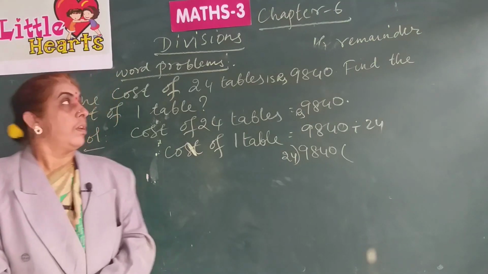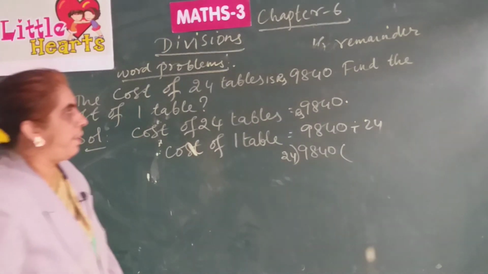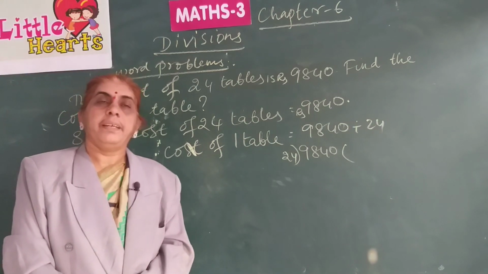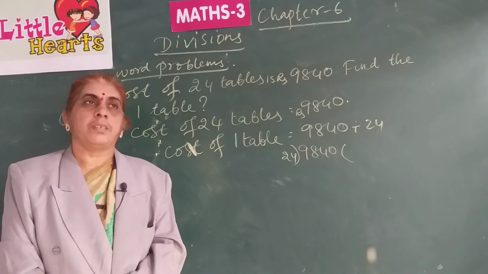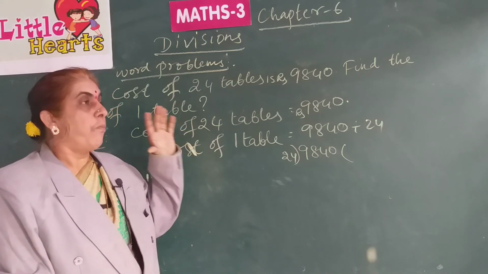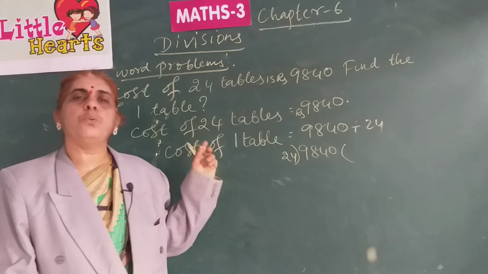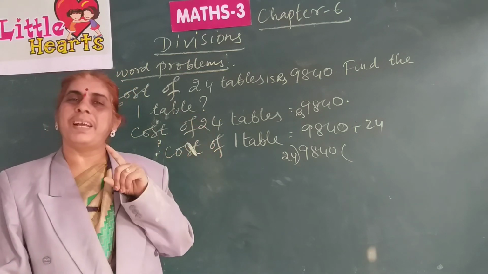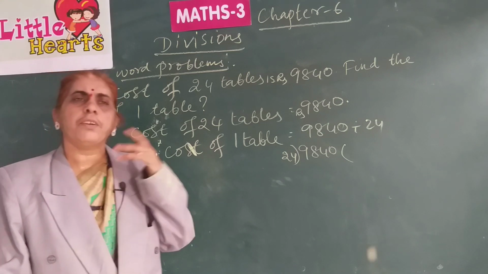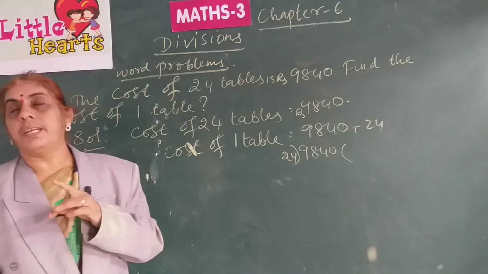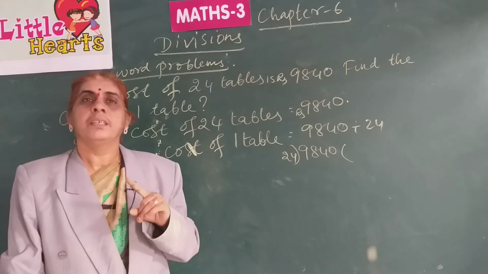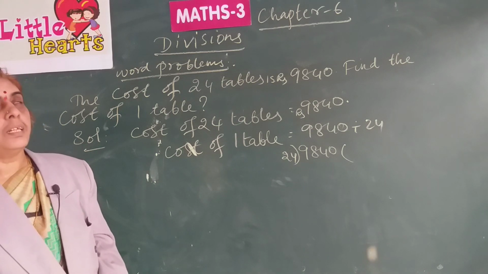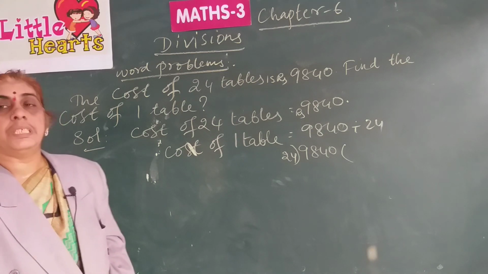Yes, children, let us go with the word problems on divisions. So how do you identify a problem is on division? It is just the reverse process of multiplication. Here 1 to many is multiplication and many to 1 is division. So if the cost of many is given, you will be asked to find the cost of 1. Weight of many will be given, you will be asked to find the weight of one object, like that. Many to 1 is division, or number of groups may be asked to be found out. In that case we have to use division.